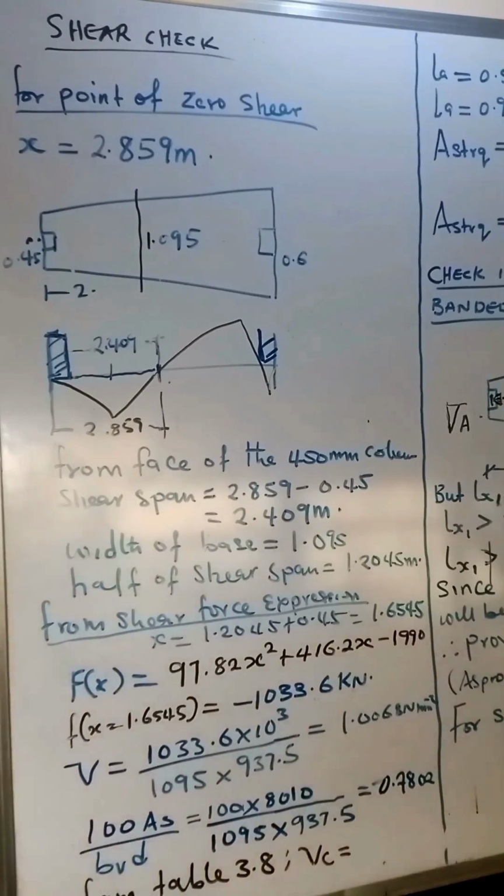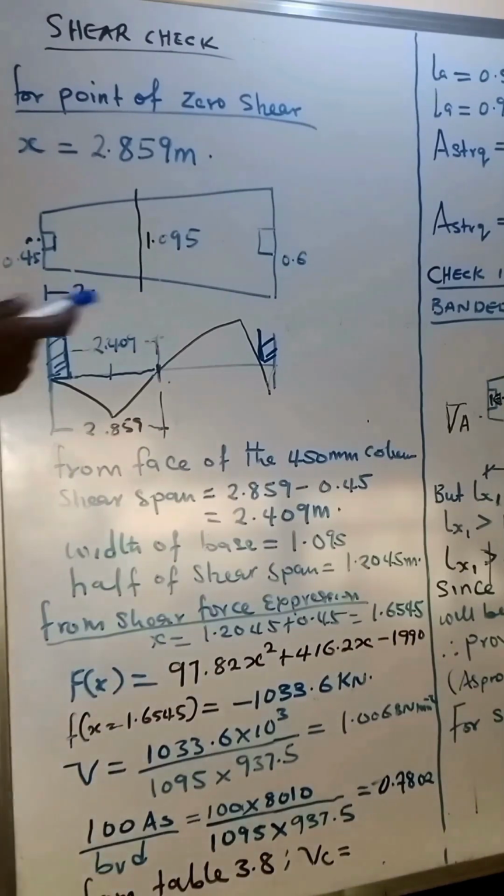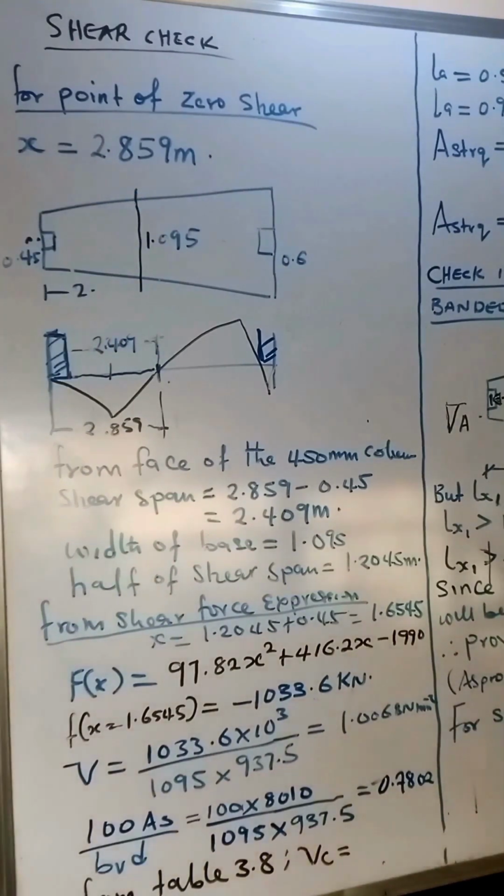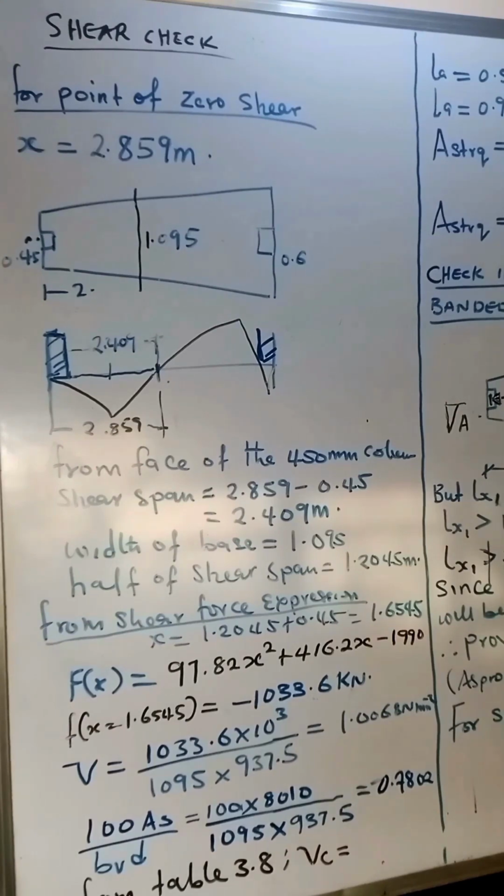Okay, so having done that, we would like to look at the weight of the base, which is known. We've done that before in our work. We know that the width at the point of zero shear force is this point, and it is 1.0 meter from here down to here. So the next step is for us to have the shear force that represents half of the shear span, so we go back to our shear force expression. From the shear force expression, we can carefully obtain that particular value for shear force that represents the distance from the face of the column, that is